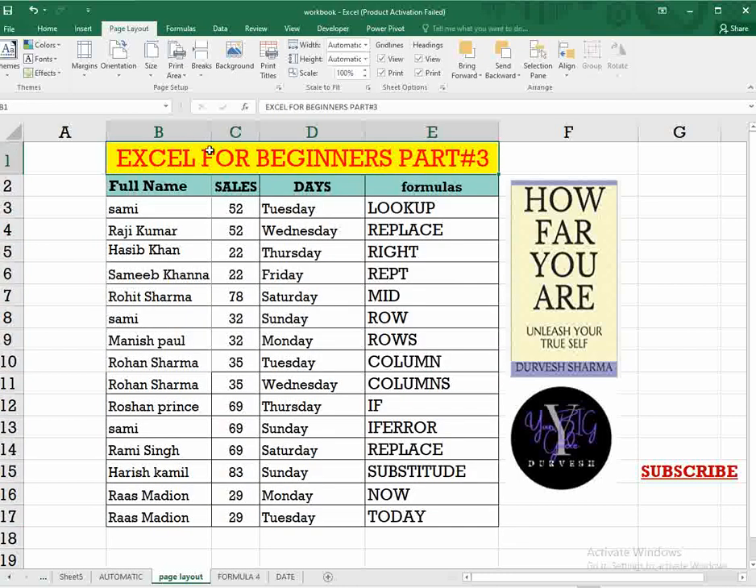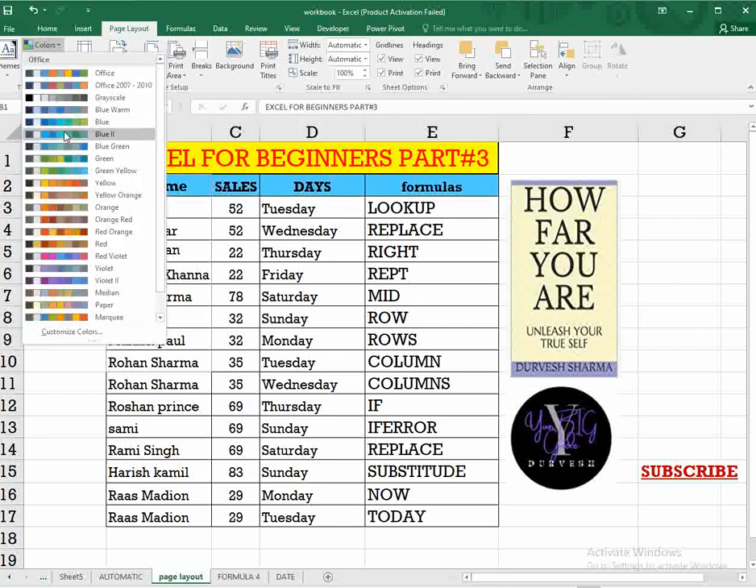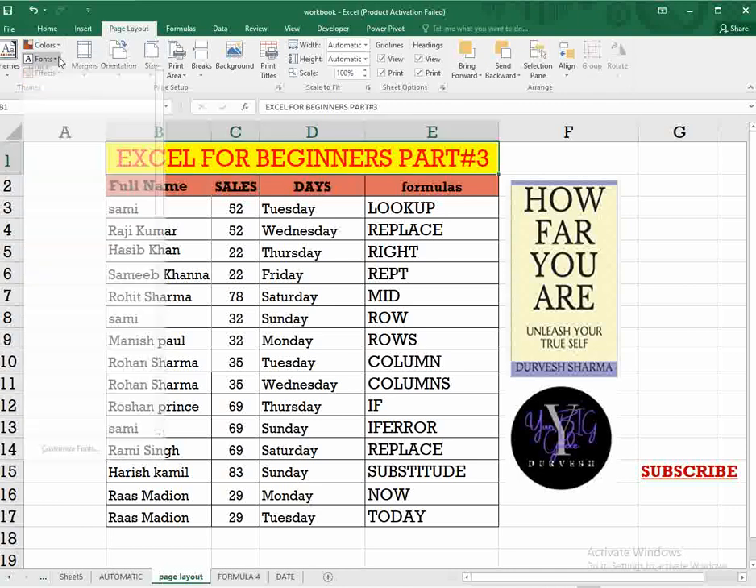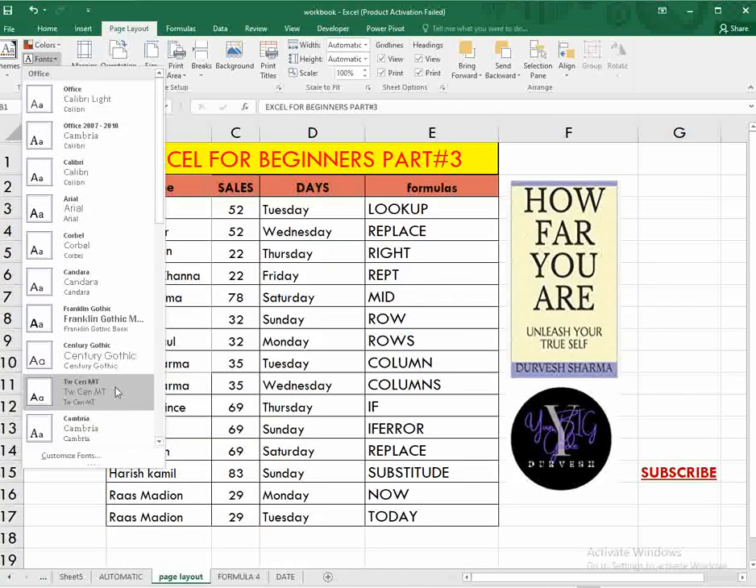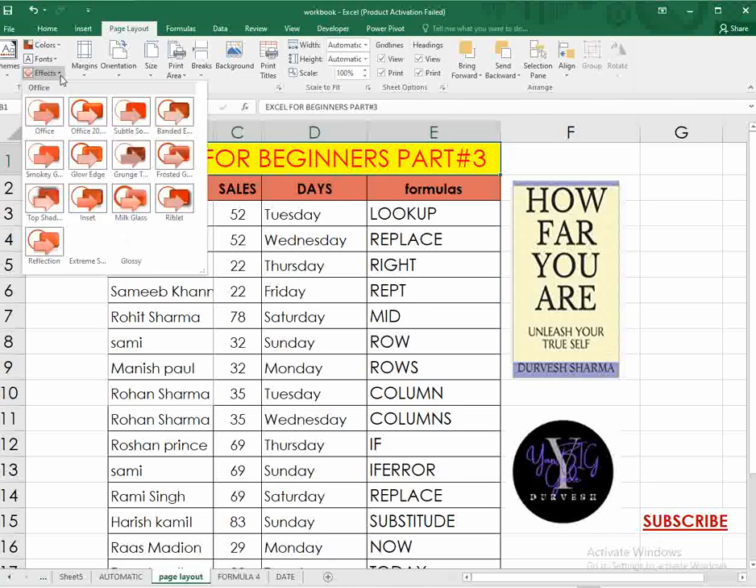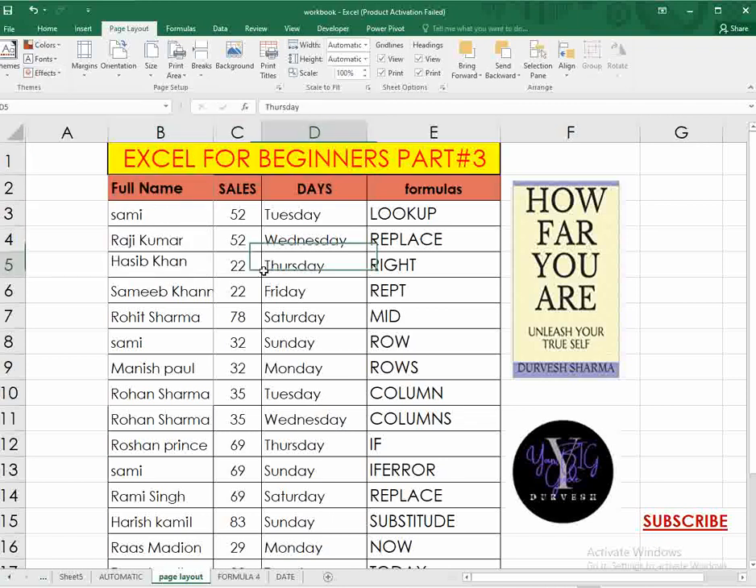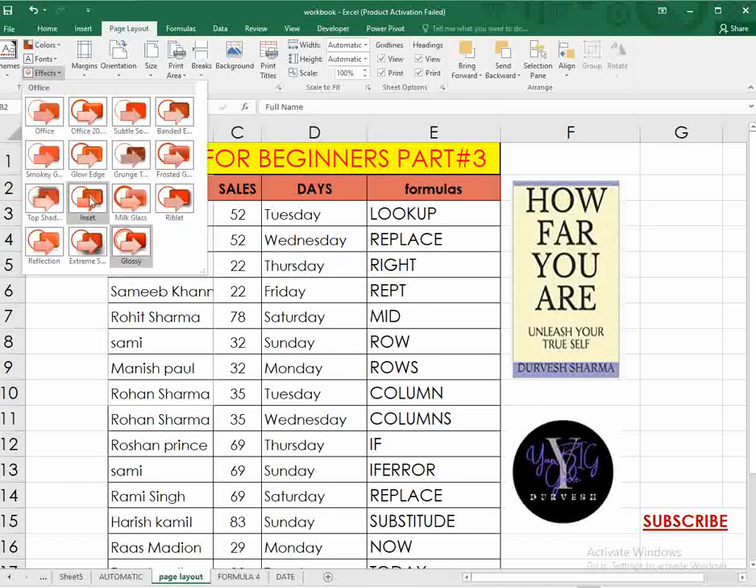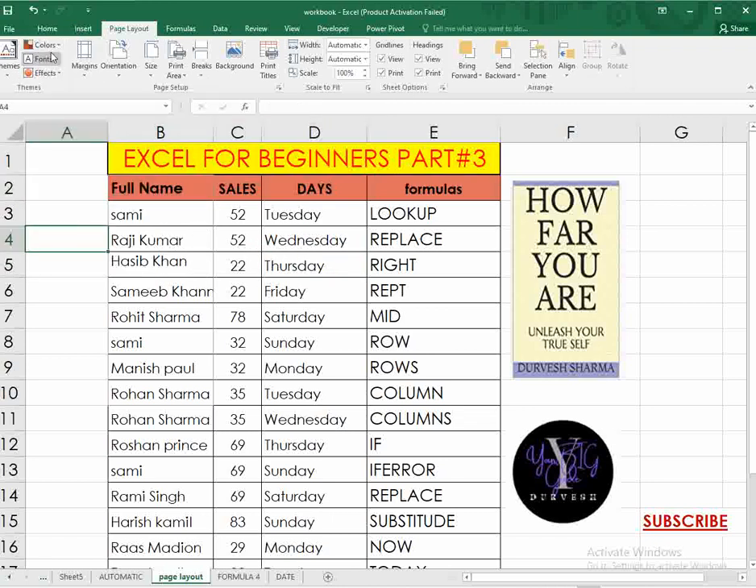You see all this text also changes, the font, or simply if you want to change the color of anything, you can change colors like this. And if you want to change the font, you can change it any way; there are many font options here. And in Excel, if you want to put any effect, you can put it from here, from the theme. So this is all about the theme category, and then next we have page setup, then scale, then sheet options,